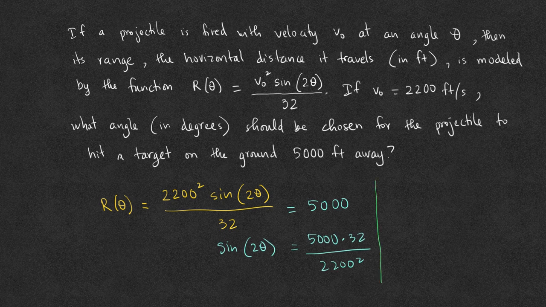We will use inverse sine. 2 theta equals sine inverse of this expression, 5,000 times 32 over 2200 squared. Before we isolate theta, we will solve for 2 theta, for a reason that we will see. Sine inverse of this number inside the parentheses is